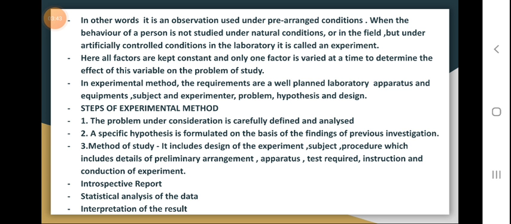It defines the experimental problem, states the conditions under which the observations are to be made, describes the instruments and apparatus to be used in making accurate observations, and outlines the procedures to be followed in interpreting the results. Further, experimental design is necessary to repeat the study under similar conditions to verify if the same results are obtained. This is a very essential characteristic of any science. Statistical analysis of the data and interpretation of the result are the most important aspects of an experimental method.